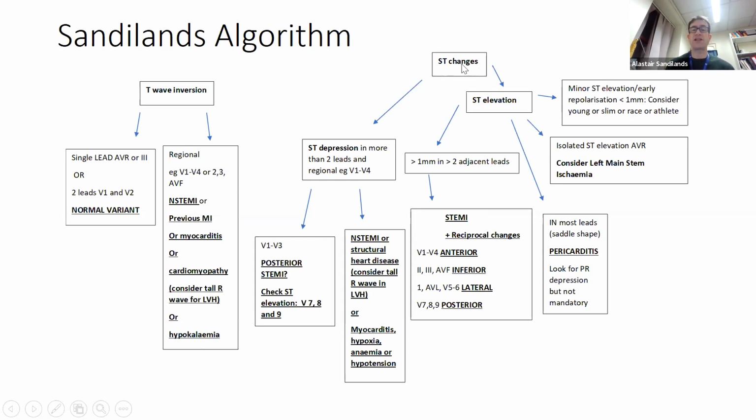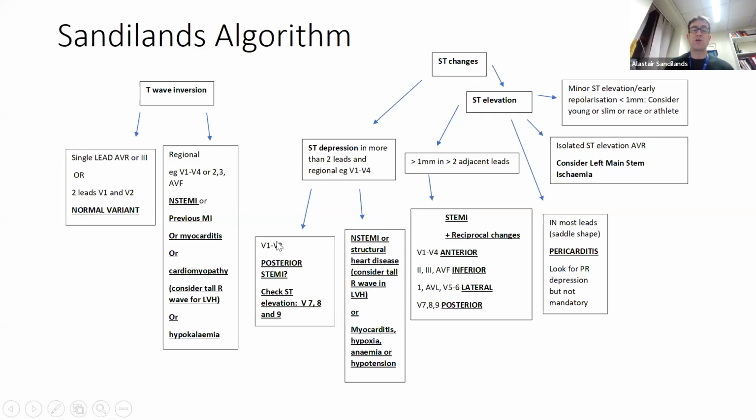So if you identified ST changes, is this ST elevation or is this ST depression? If it's ST depression, then certainly we're looking at possible reciprocal changes if there is also ST elevation. However, ST depression on its own will definitely be in more than 2 leads, and again will be regional to a coronary anatomy, but also regional to a structural heart